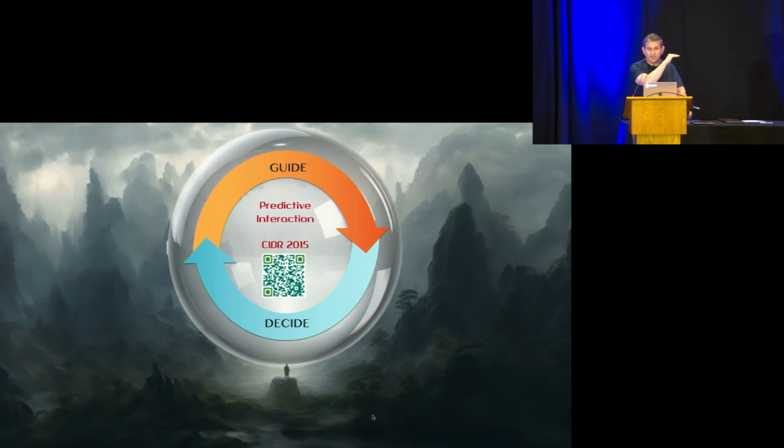The user is staying in a no-code environment. But they get this ranked ordering where they get to decide what the AI interaction should do. And then they do a feedback loop of this over and over, step by step. This guide-decide loop, I believe, is the right frame to think about interactions between humans and AI. And it really does come out of thinking about database problems, okay? So I think we have a lot to contribute also in the user experience of these things, and folks who come to workshops like HILDA and so on have been talking about these things over the last decade.